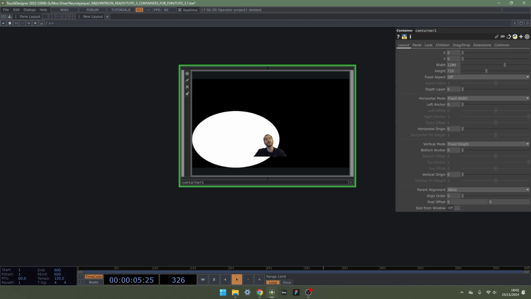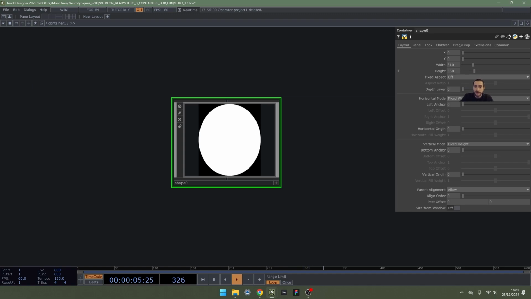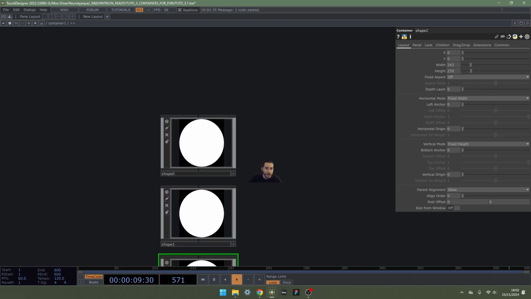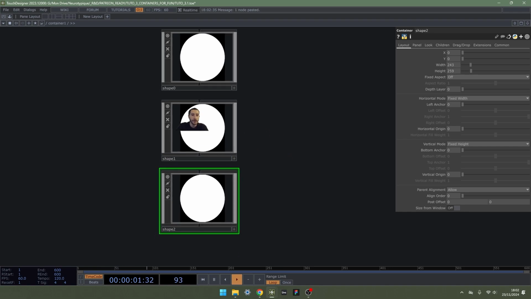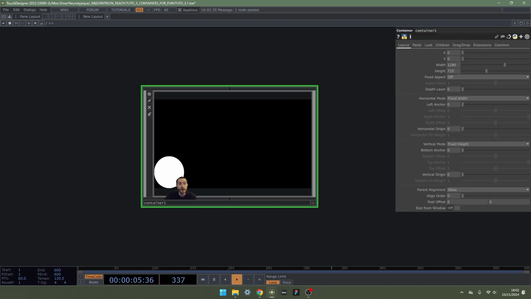And now if we go to our main container, so our container 1, the one that's supposed to be our canvas, this one is displaying our shape, kind of in a random spot. What we can do, just to show you, I'm going to decrease the dimension a bit and copy and paste a few times. So now we have 3 shapes. When we go up a level, we only have one of the circles.